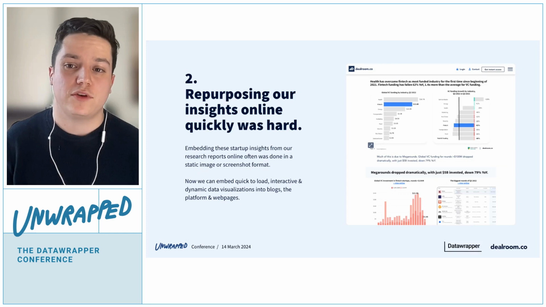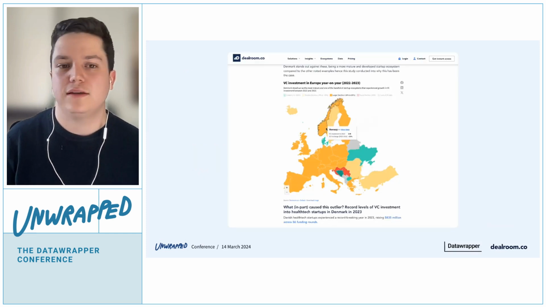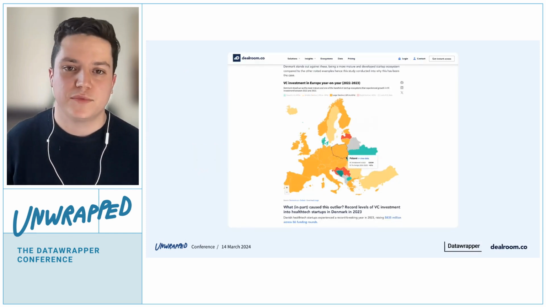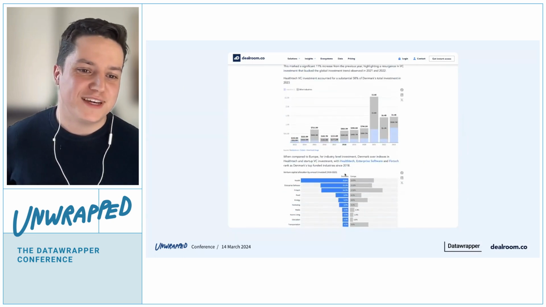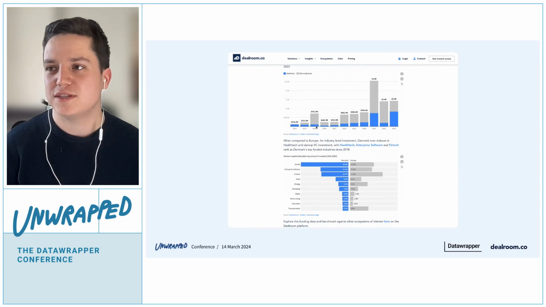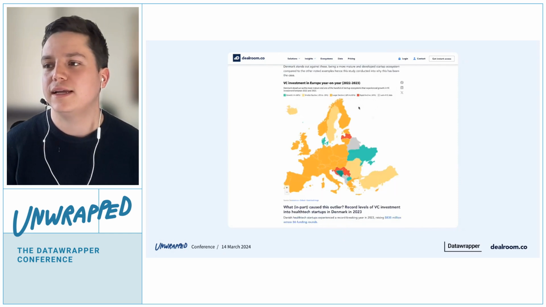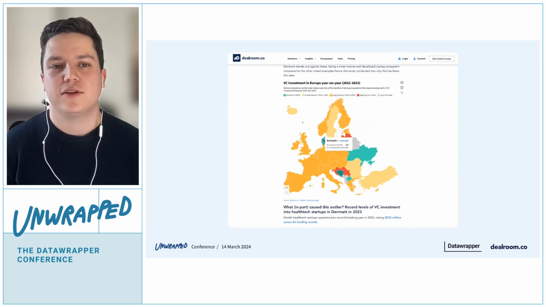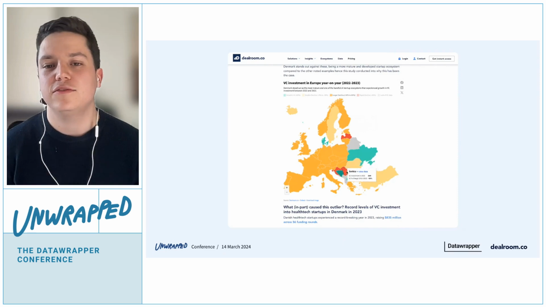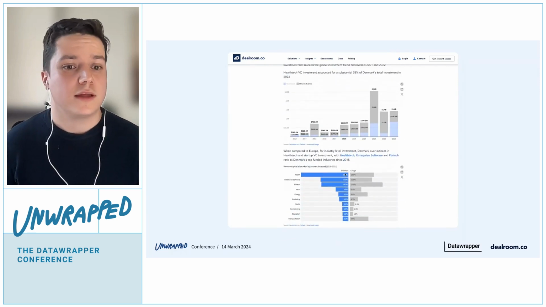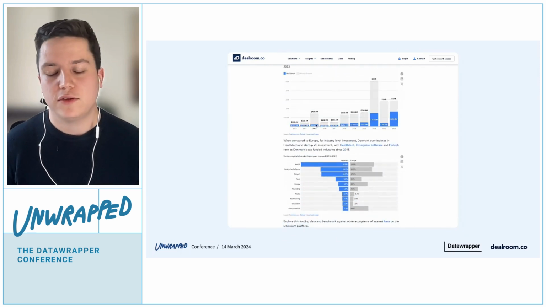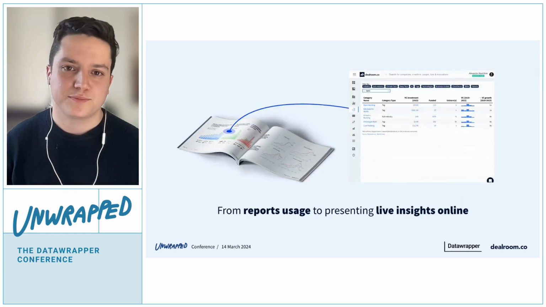And it really improves the user experience, allowing them to dive into the insights there. As anyone who has ever embedded a Datawrapper visualization onto a website knows, here is an example of some of the charts that we have online, and how it allows users to dive a little more into the data itself, and uncover trends that they may not have been able to with just a static screenshot.